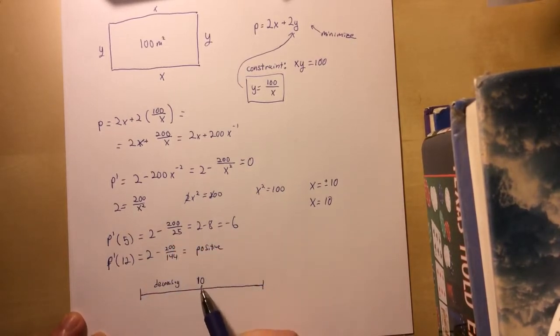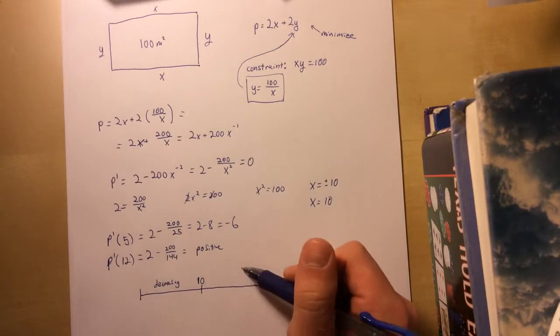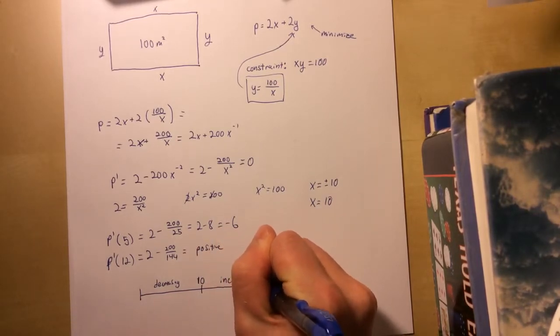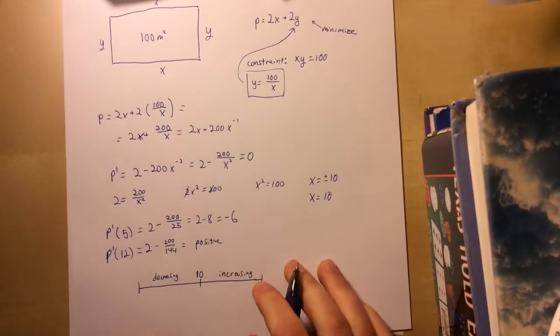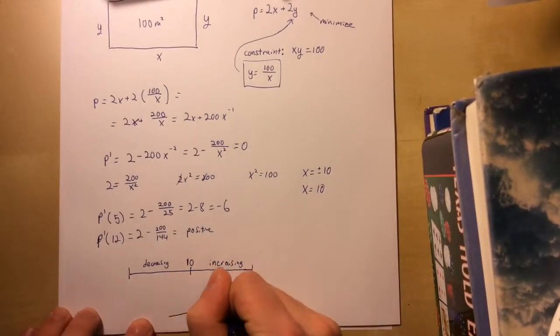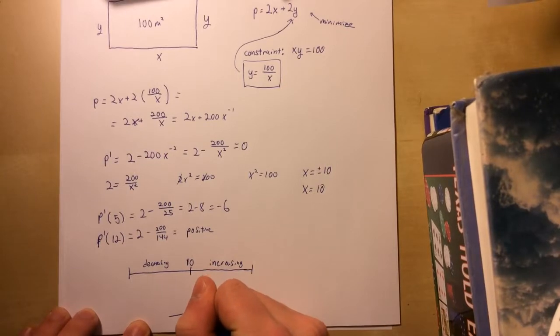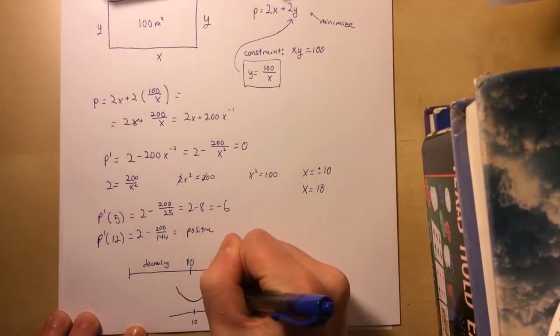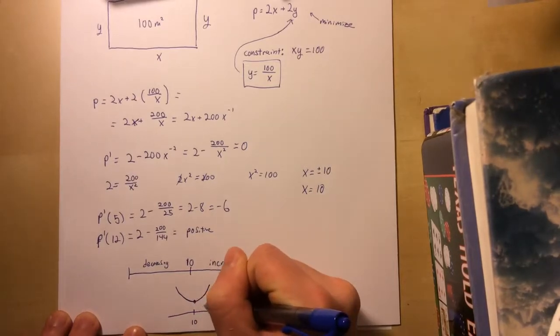And now that we checked a value that was greater than 10, 12 in this case, we saw that p prime was positive. Doesn't really matter what, it's just positive, and when the derivative is positive, the function is increasing. Which means that if we sketch our function, with 10 being here, the function's decreasing and then increasing, and